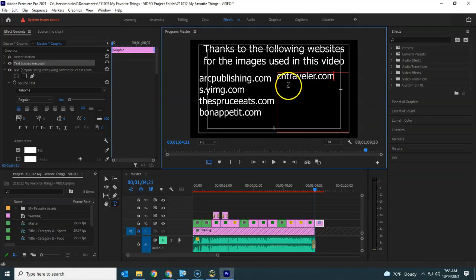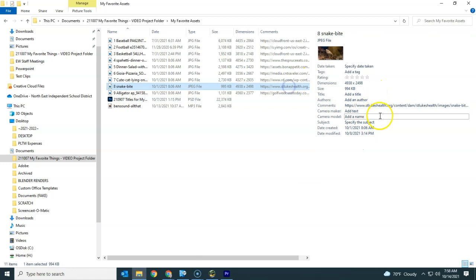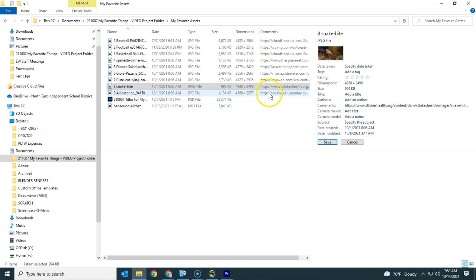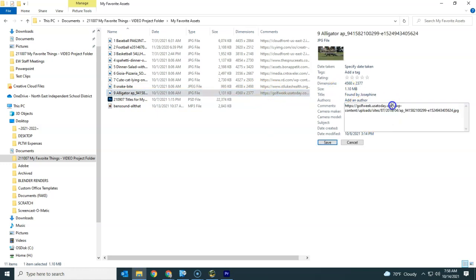And return to Premiere. Looks like I need to press enter. Press enter one more time. I've got, here we go, stlukeshealth.org. Sometimes it's a company or a country, maybe, that the last little bit is. These are pretty standard .coms, and then here's a .org, but you'll see others in your particular set. So this is one where, yeah, I'll go ahead and keep the